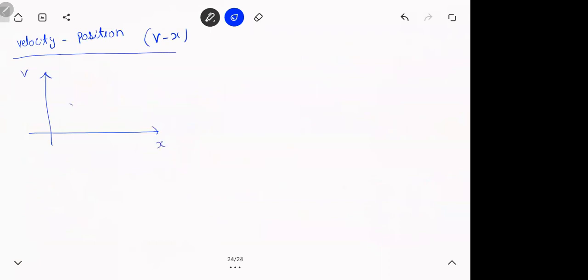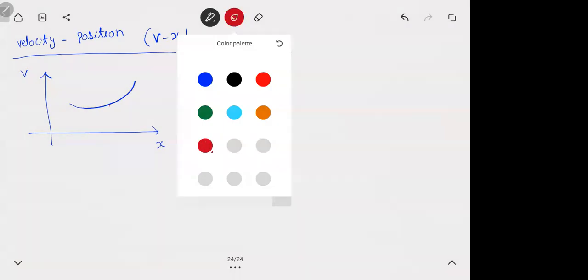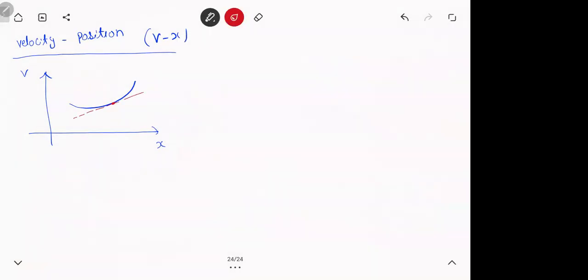Now we have seen AT, VT, XT graphs. Now there are other types of graph, the velocity position graph, Vx. So if you have a Vx graph, this will be the tangent at any point. Now see, what is slope? Slope is dv by dx. What is velocity by position? It has no meaning. At least we don't define anything for it. So slope is useless. What about area? Integral v dx, velocity into position. That also has no meaning.